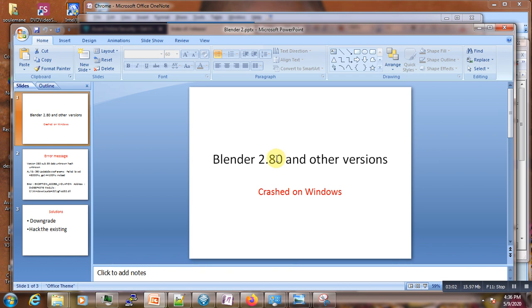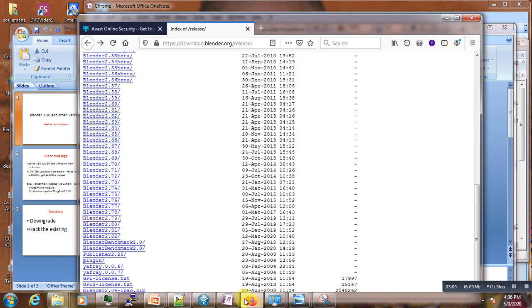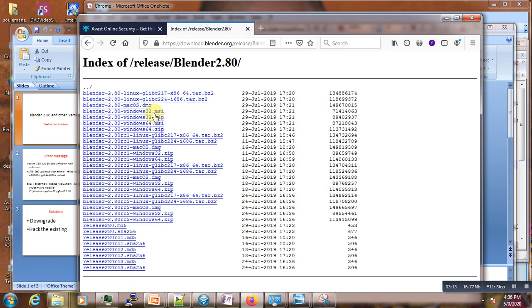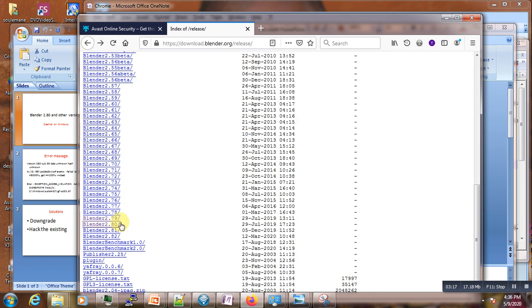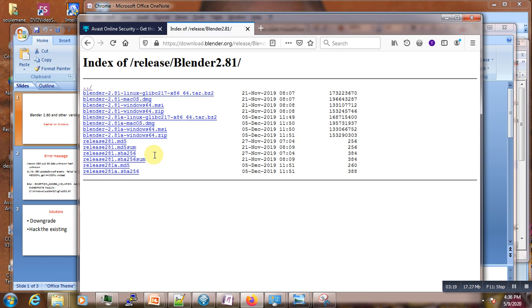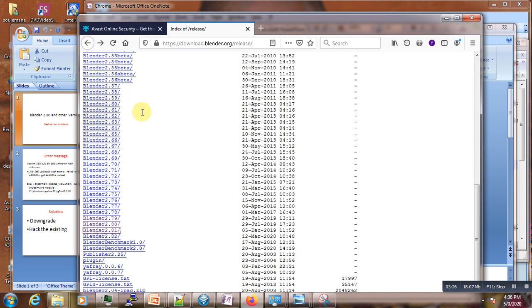From 2.81 you can see here you have 32-bit and 64-bit versions, and from 2.81 I think there is no more, there's no more. You have only a 64-bit version. So here either we have to use a new laptop with 64-bit or just stick to making it run with this 32-bit version.